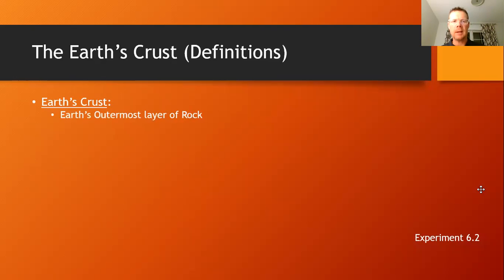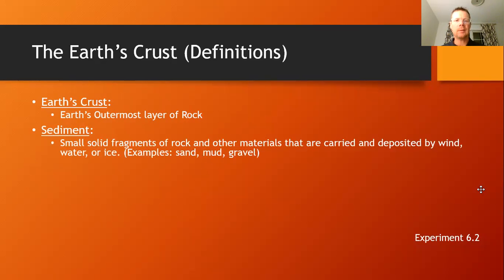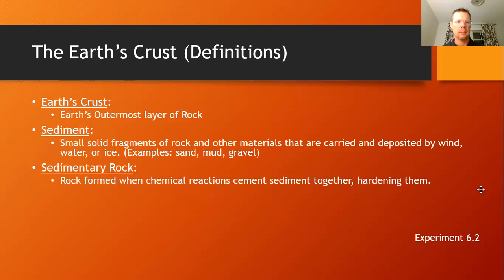The Earth's crust is the Earth's outermost layer. Sediment is a small, solid fragment of rock and other material that is carried away and deposited by wind, water, or ice. Sand, mud, and gravel are all examples of sediment. Sedimentary rock is rock formed when chemical reactions cement solid sediment together,